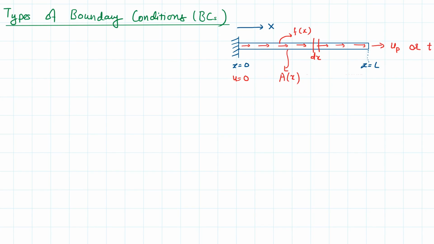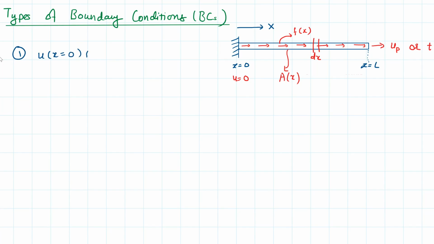In this video, I want to talk about types of boundary conditions. And for that, let's consider our schematic of a 1D problem where we had two types of boundary conditions defined. Okay, so let's write the first type of boundary condition where we have a displacement defined at x is equal